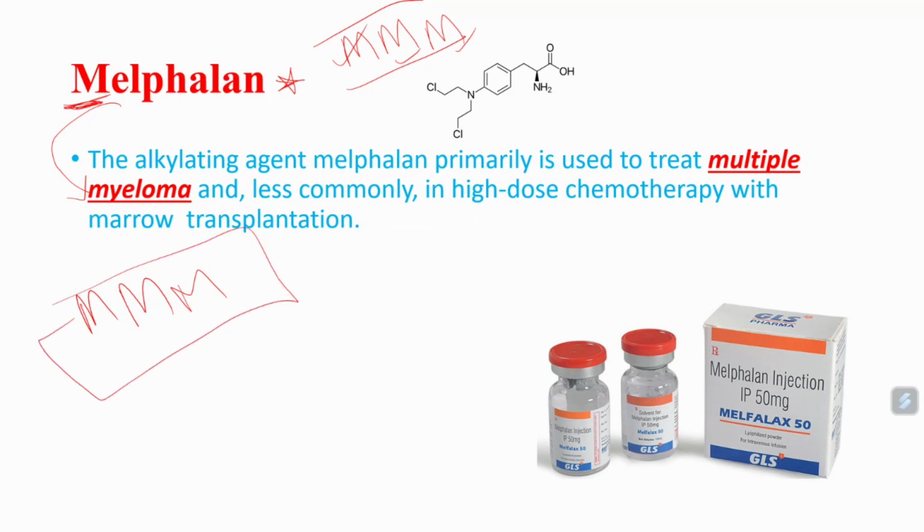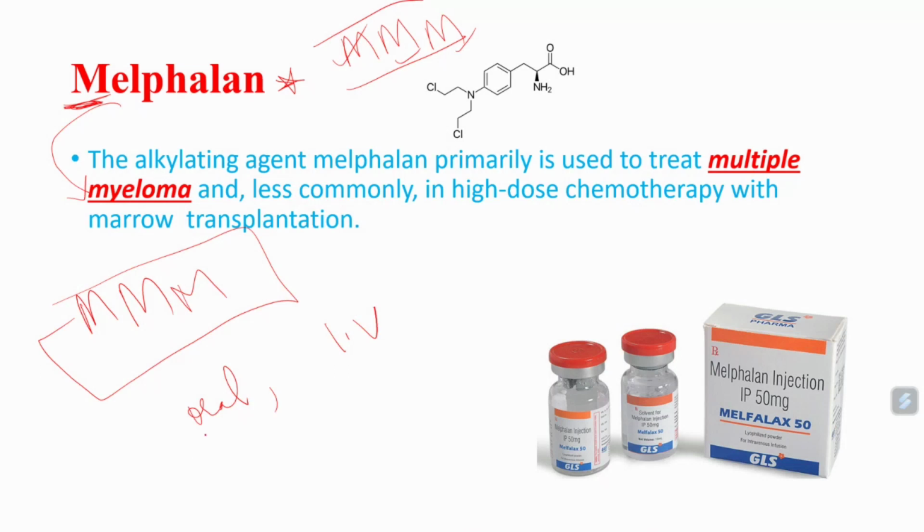And other than multiple myeloma, it is also used as adjuvant therapy for several other disease conditions. Okay, and in a few bone marrow transplantation conditions, and in other conditions also it is used. But most commonly, Melphalan is used for multiple myeloma. Clear? Now you see. And one more important point: Melphalan is available in oral form and it is available in